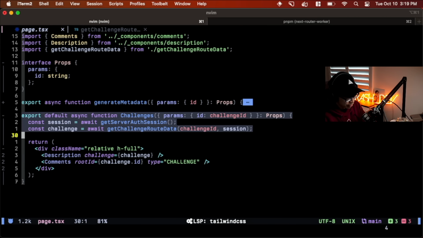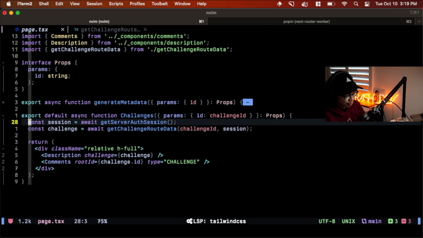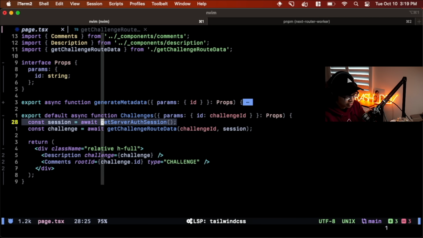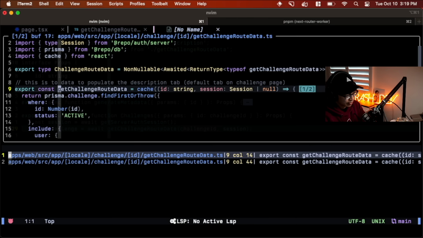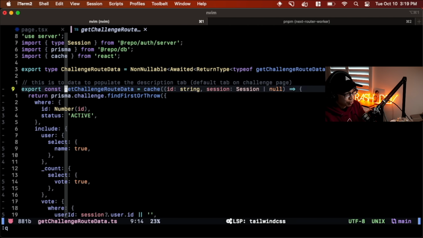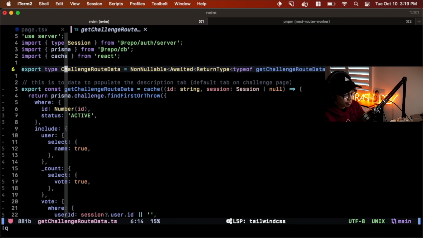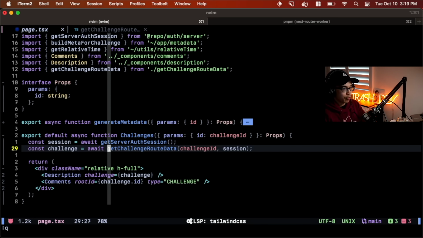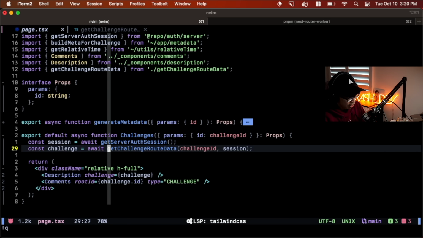So this is a React component, right? I can actually embed all my server code inside the component itself. You can see here, I'm getting the server auth session, that's server code. This is actually a Prisma query. If I open that up, we have our Prisma query here, and then I have my types for this function, and I can just share those throughout my application. So you kind of avoid the whole ceremony, like if you need API routes, or if you're using the pages directory with getServerSideProps. This is just so much simpler and easier to grasp, in my opinion.